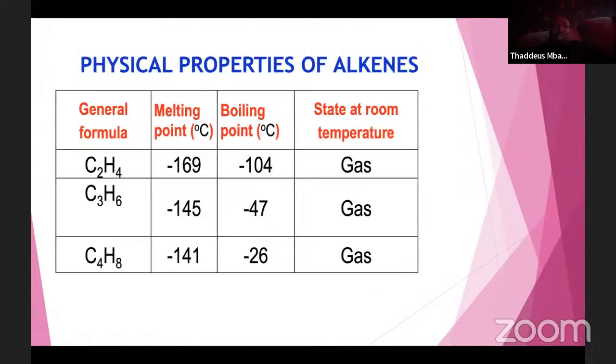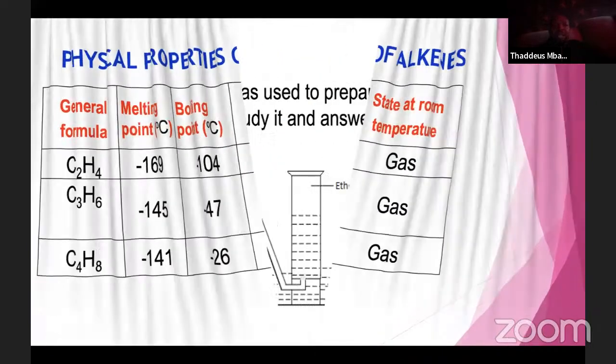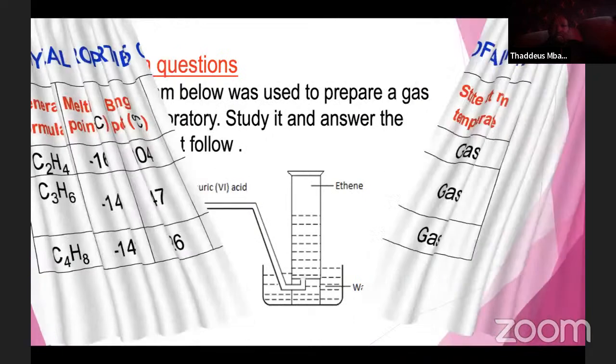The only important thing is to know that as you move down, as the carbon chain increases, this one has 2 carbon atoms, these are 3, these are 4. So there's an increase in carbon chain. As the carbon chain increases, that automatically increases the boiling point or the melting point due to the increase in strength of the van der Waals forces. That was just explaining what was explained.